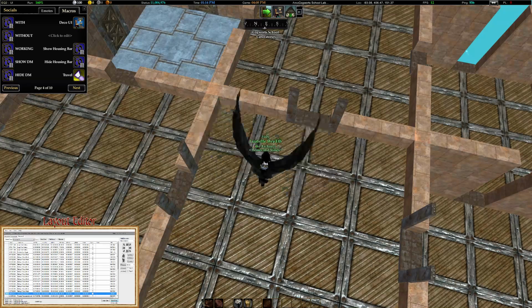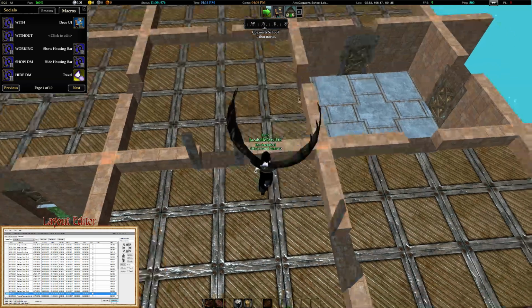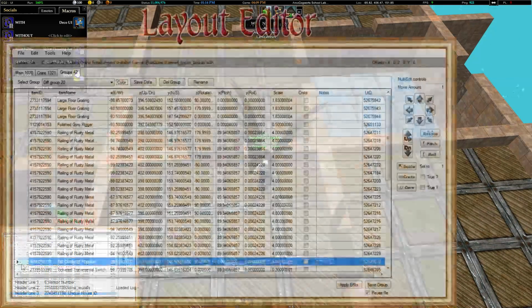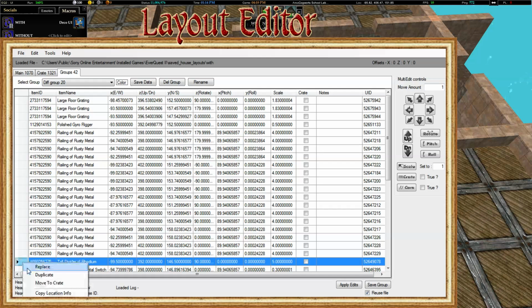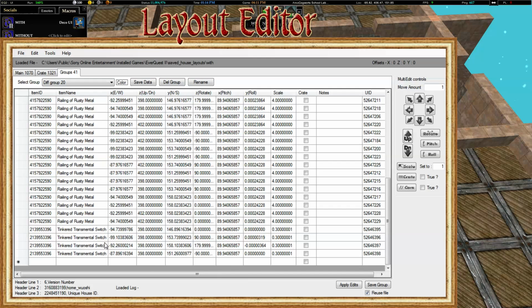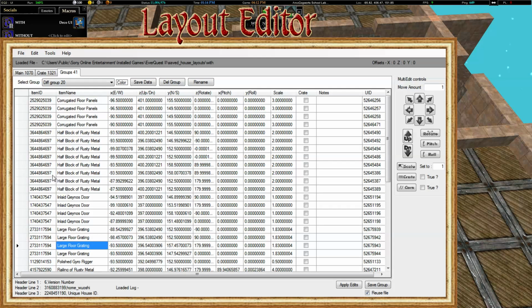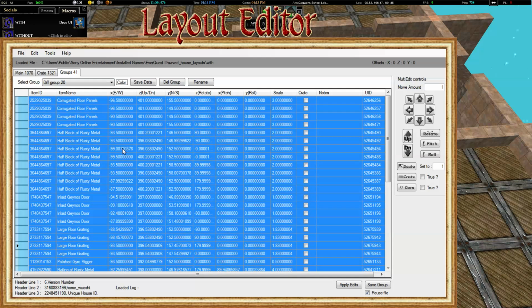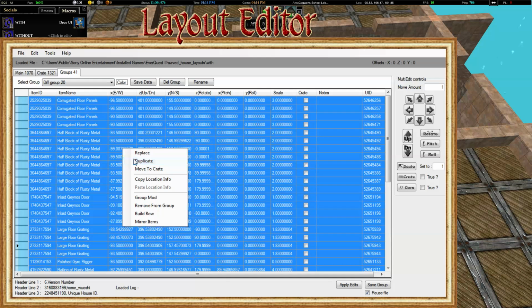Okay, so everything's back where it belongs. Now we're going to go back to the layout editor, and we're going to right click and say remove from group, and now our group only has the items we want in it. So we're going to select and say duplicate,